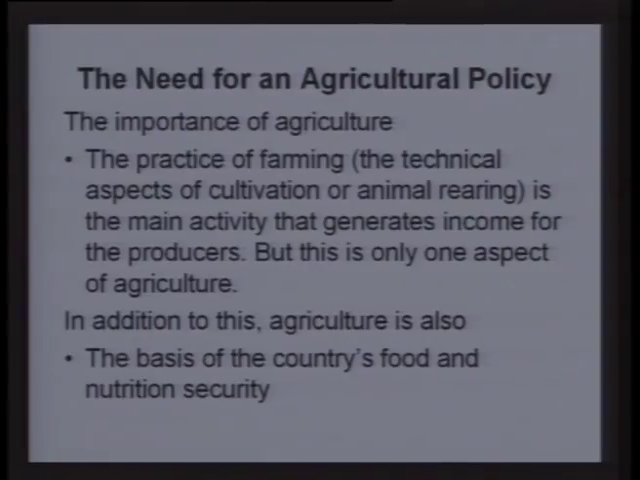Actually, the practice of farming, the technical aspect of cultivation and animal rearing, is the main activity that generates income for the producer. When we do agriculture, it generates income for the farmers. But this is only one aspect. Income generation, production of the produce, is only one aspect of agriculture. In addition to this,